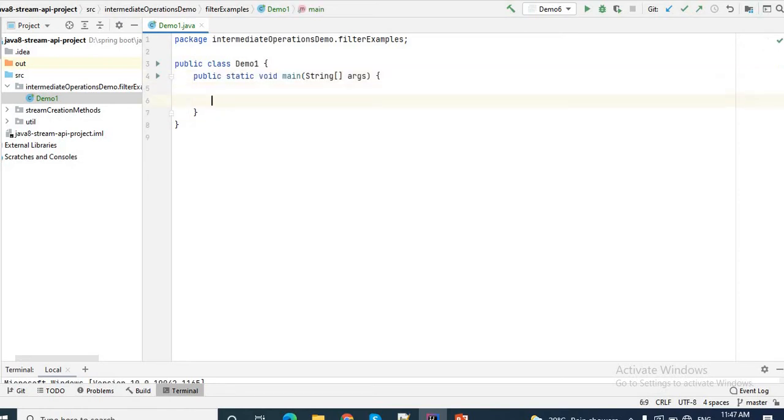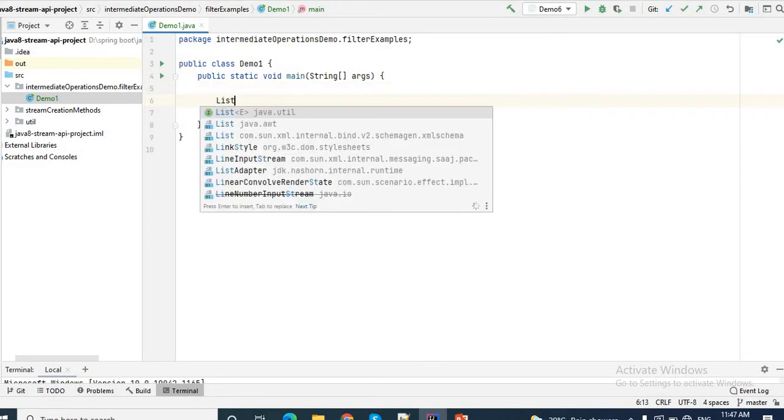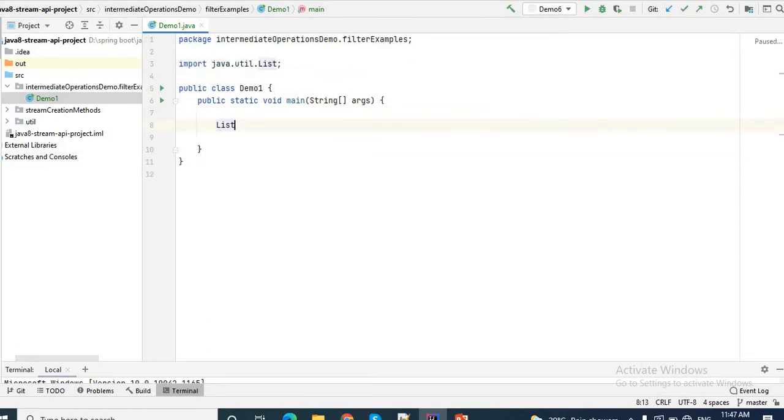Let's say I have a list of integers, and I want to filter all the even numbers from that list. How can we use this filter concept? Let me create a list of integers quickly.